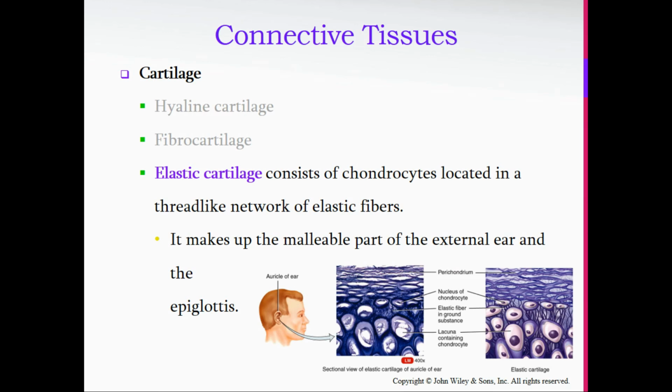The last kind of cartilage is elastic cartilage. It consists of chondrocytes. And remember, cytes means cell, chondro means cartilage. So these are cartilage cells. They are located in a thread-like network of elastic fibers. You can see the cells are sparsely populated. So this is the cell, and all of this stuff in between is that extracellular matrix, which is the thread-like network of elastic fibers. It makes up the malleable, very flexible and bendable part of the external ear and